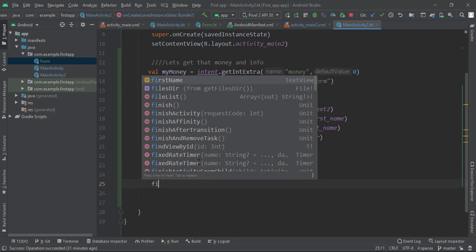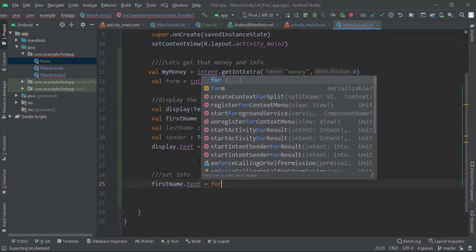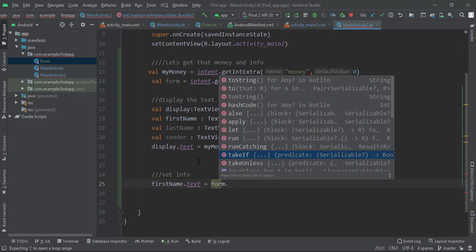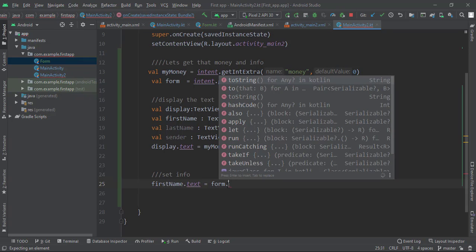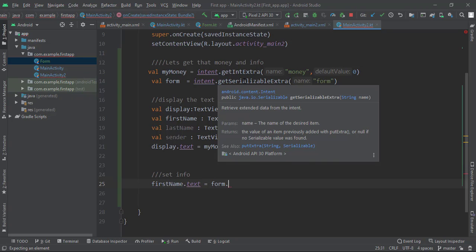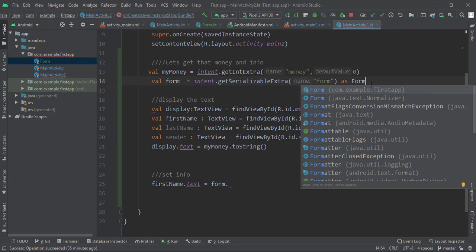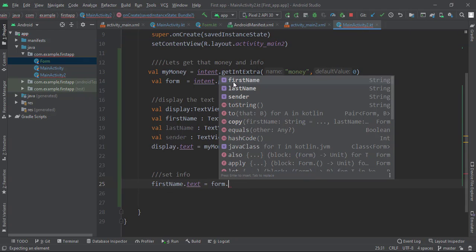So let's go first name. Remember, we can go text, and that means we set the text for the first name. So we want to go into our form object. Whoops. We're going to go into our form object and grab what? Let's see. Oh, okay. So you see, like, form, and we're going into form, but we don't have our values. So what's happening here is, remember, like I said, it breaks it down into bytecode. All right, and then on this end, it's trying to put it back together, but it doesn't know what to put it back together as. So we have to cast this as a form. So you want it to come back together as the form object, okay? And now we should be able to see our first, last, and sender. So we can first name,